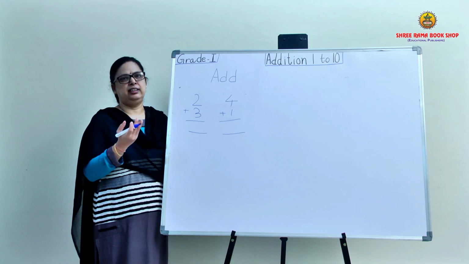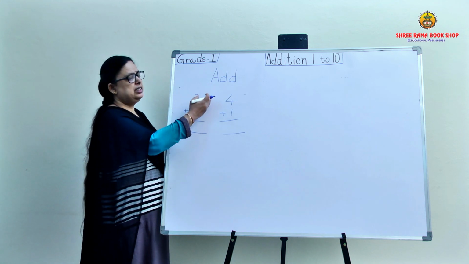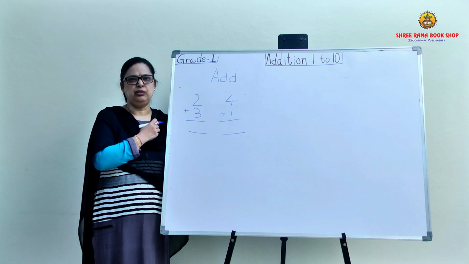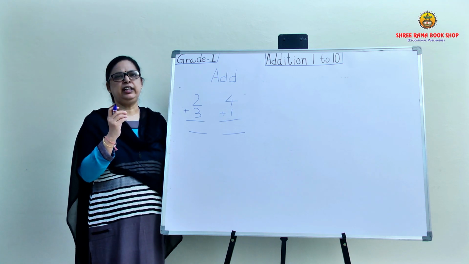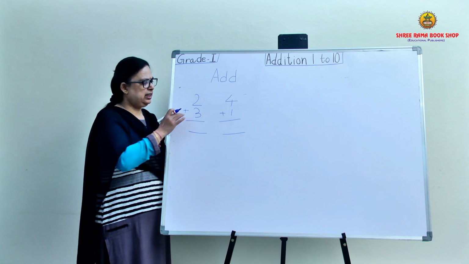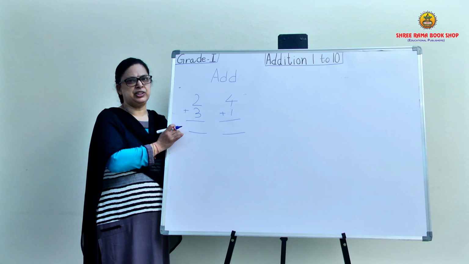Now let us revise whatever we have learned till now about additions. This is a simple addition that you are going to learn now. It is very easy. The only thing is you need to have a trick to do the sums. That's it. Now see, can you see this number here? 2 plus 3. This is how we are going to do the additions now.